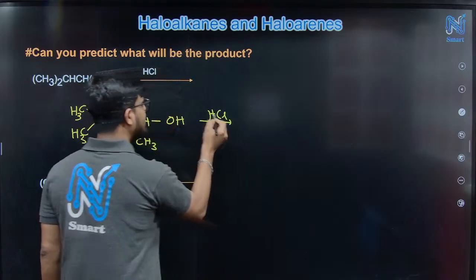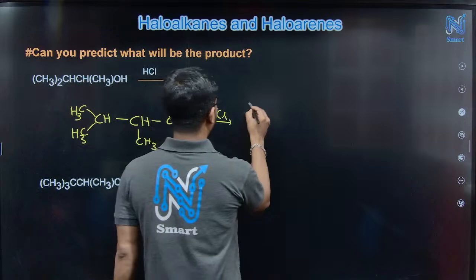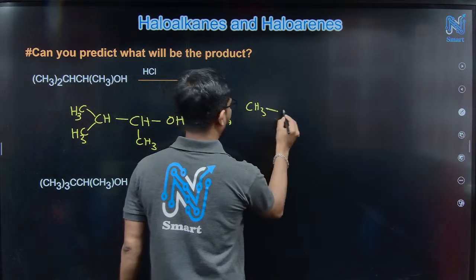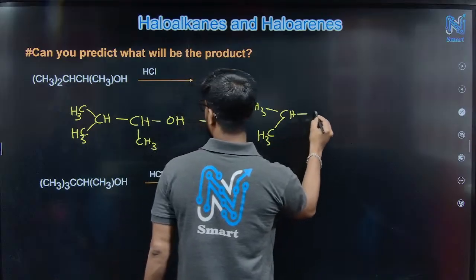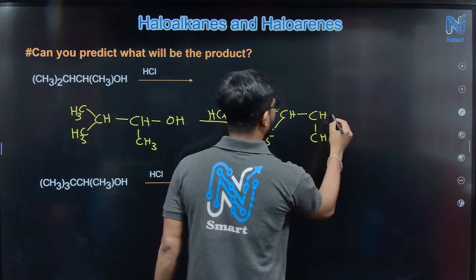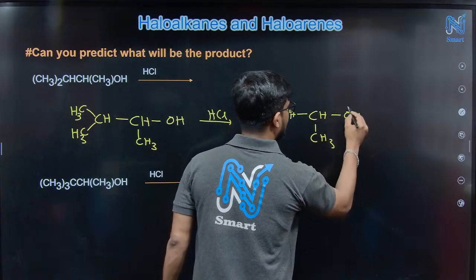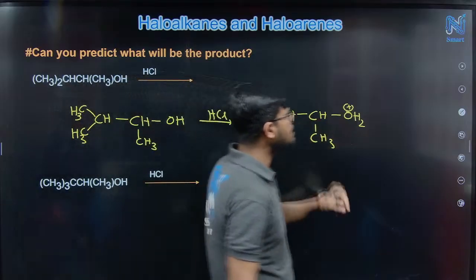First, this H plus will be added here, right? So what you will get? CH3 bond CH, here CH3, next CH, CH3, and here OH2 plus, correct? OH2 plus. After this, if you remove this part,